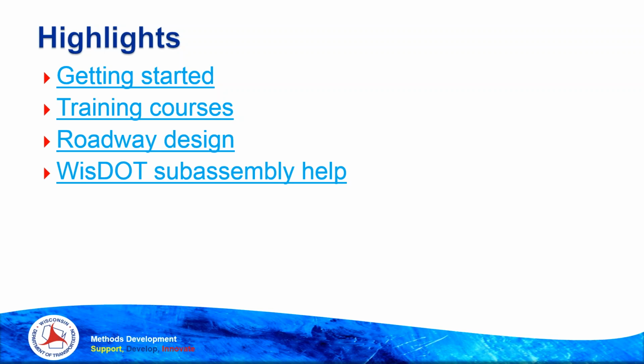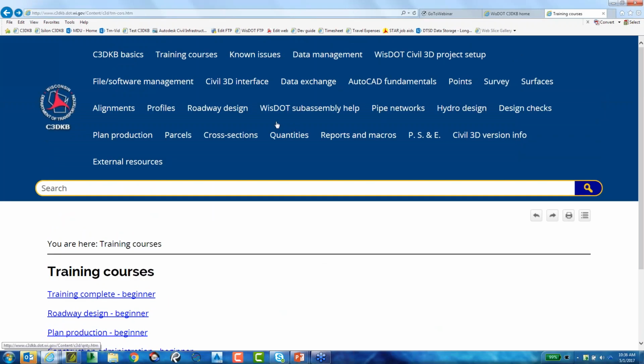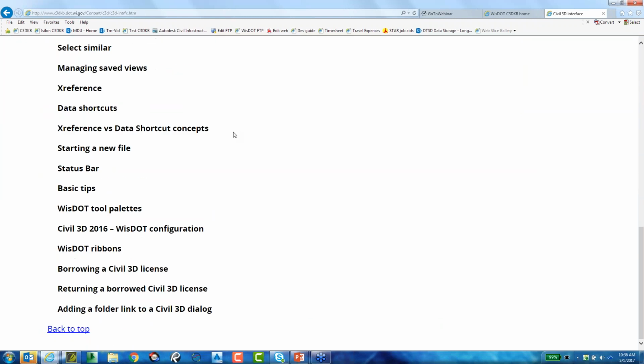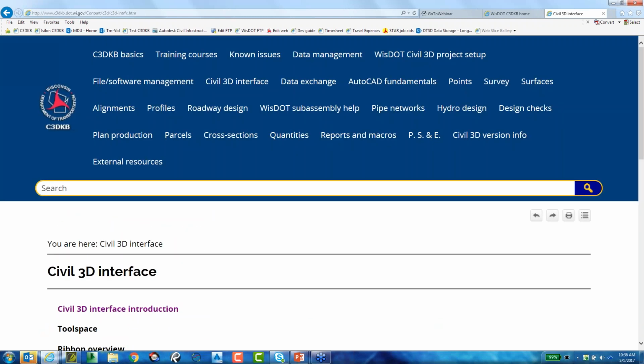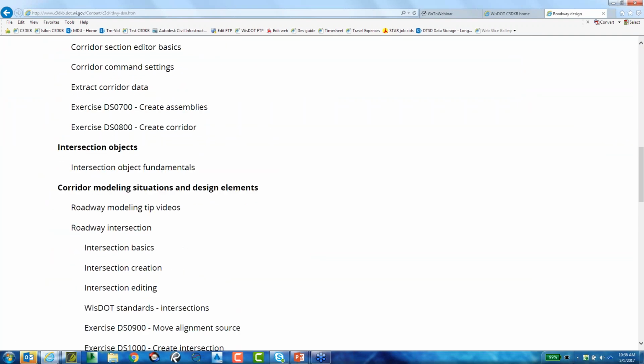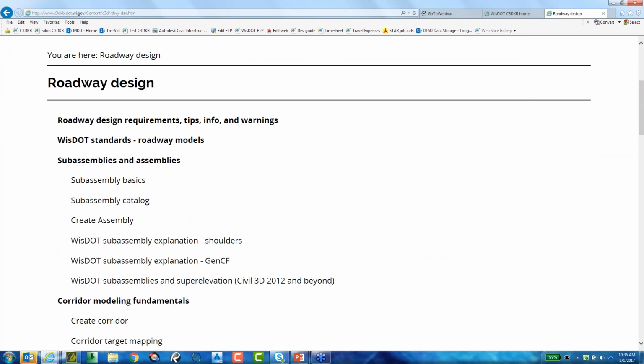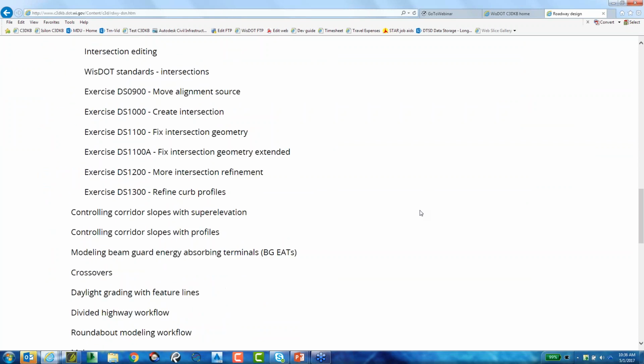So getting started training courses, I did want to get into roadway design just briefly here. Most of these are fairly shallow, meaning that in the Civil 3D interface, it's all Civil 3D interface. Wow, pretty exciting. Roadway design, however, gets pretty deep, okay? We go through a lot of basic material and focus on WSDOT stuff, but then we get into a ton